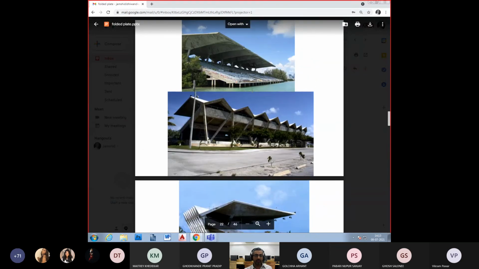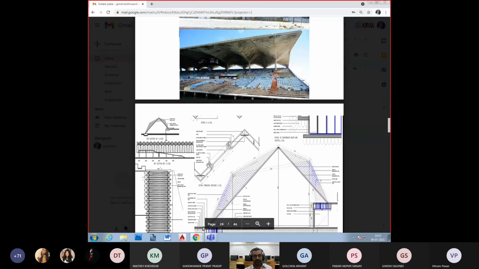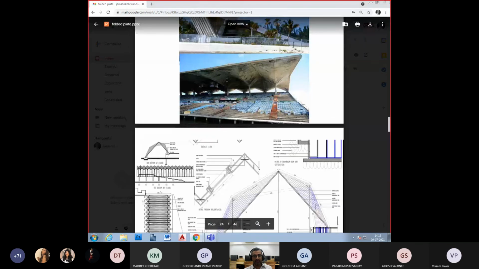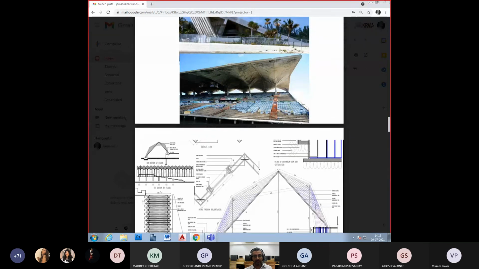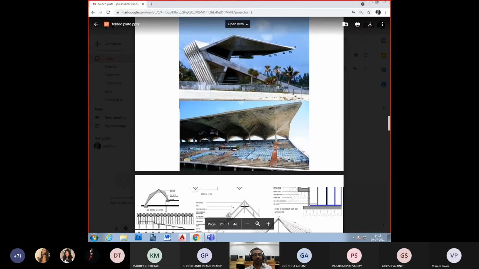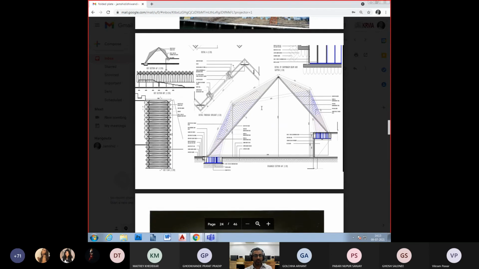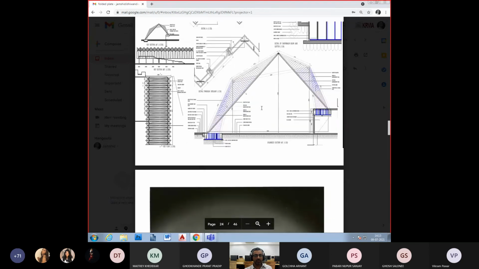There are photographs of it when they were actually executed. But you can imagine sitting in any one of these areas with the kind of overhang these structures can actually have on the very base, and they are very thin by way of cross section. You cannot imagine the kind of thickness that these structures work with, and the kind of economy on material by way of the steel that is used.